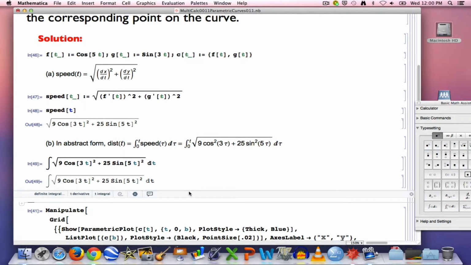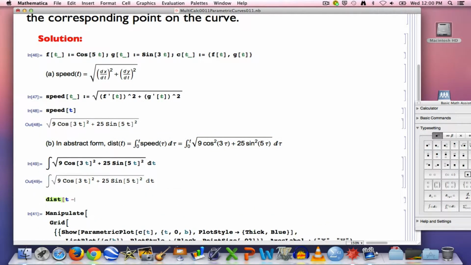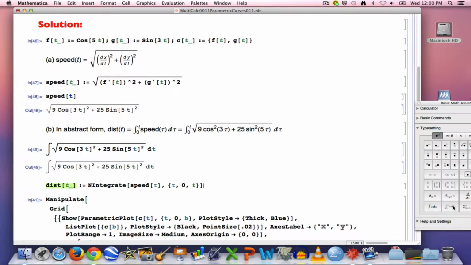Instead you have to numerically approximate it, and that's what I'm going to do using NIntegrate. And here's the syntax. Dist of t is going to be NIntegrate of the speed of tau. Tau is going to go from 0 to t. This syntax, rather than an integral symbol that I get from this basic Math Assistant palette, will calculate the distance